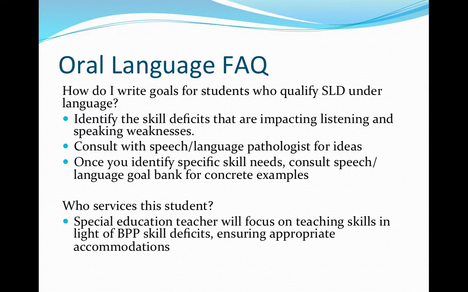When testing reveals a need for instruction in listening comprehension or oral expression, you may apply strategies in your repertoire for students with reading comprehension or written language difficulties, or consult with your speech pathologist for additional ideas. Is there a link between the difficulty with listening comprehension and oral language and reading, writing, and math? Can you work listening or speaking into an existing reading, writing, or math goal? Often, intervention will be connected to the basic psychological processing deficit that underlies the disability. When we teach students strategies to compensate for a weak working memory, for example,